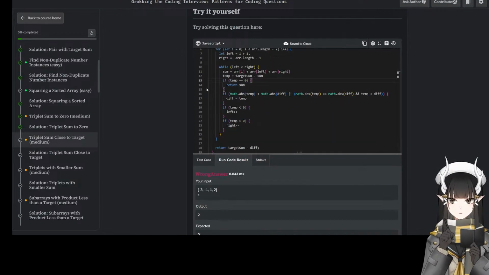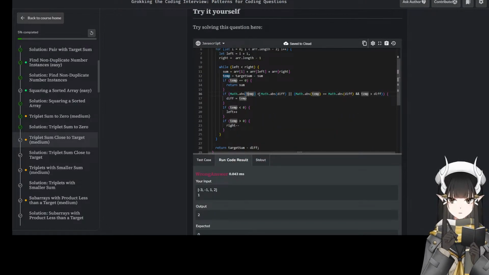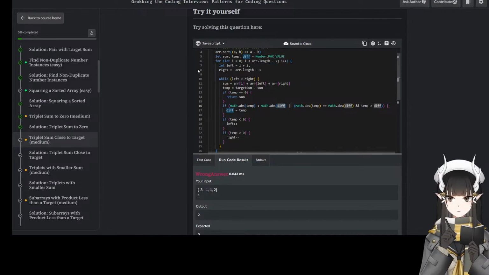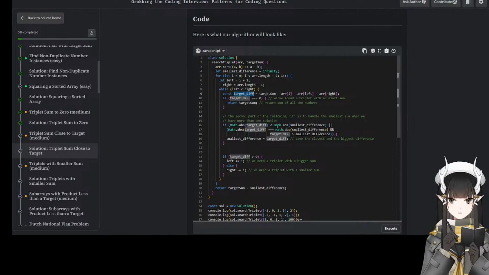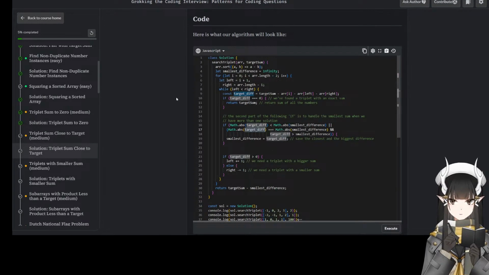And then if math can write absolute target difference is absolute target difference, and then absolute the previous difference. But the previous difference is offset to math value, so it should always be left then in the initial run. Yeah, that's correct. And if the target difference is equal to that, right, I have that. And then the target difference is greater than the...